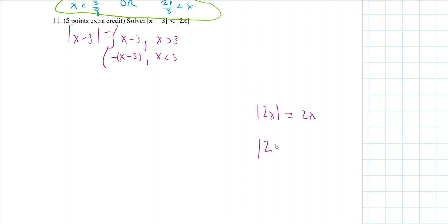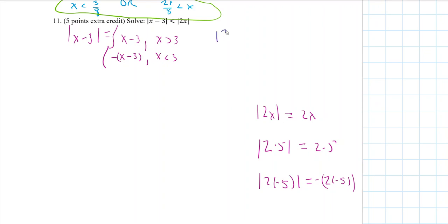The absolute value of 2 times 5, for example, is equal to 2 times 5. It doesn't matter. As long as x is positive, I don't need the absolute values. If x is negative, then I have to take 2 times negative 5, which is negative, and slap a negative sign in front of it to make it positive. So if x is negative, I have to go to the opposite. So